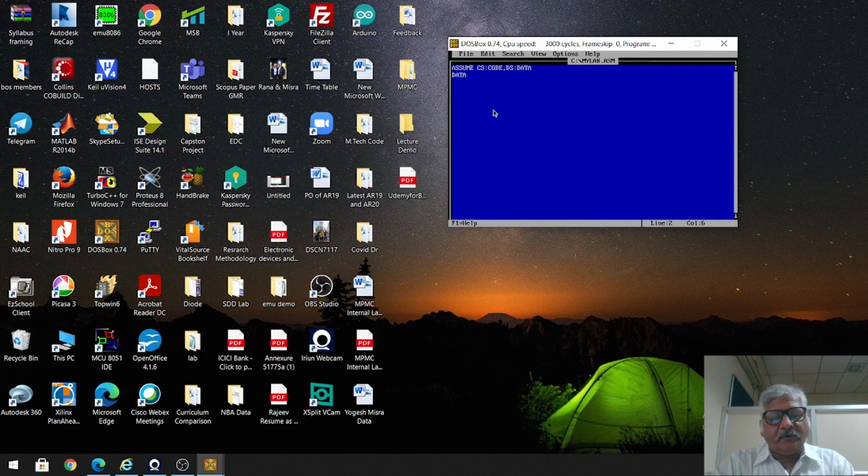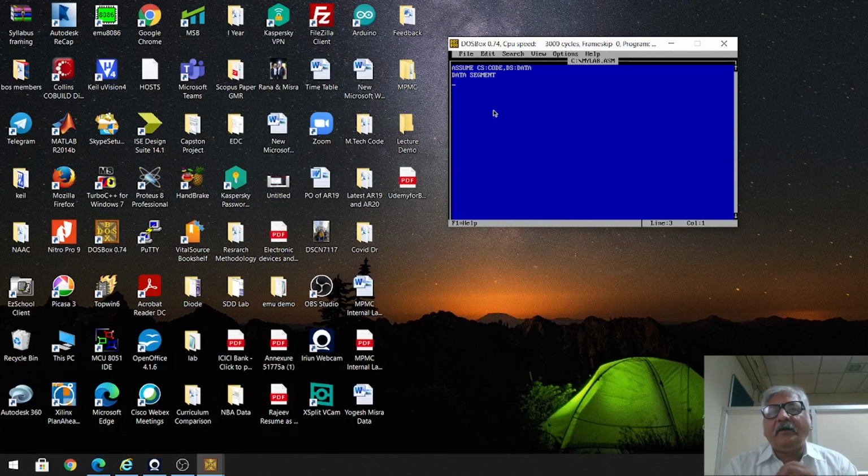Now: data segment. So now I am talking about my data segment, right? Here I am going to write a program to add two 8-bit numbers, and those 8-bit numbers are stored in the data segment memory area. So I am using the directives here.